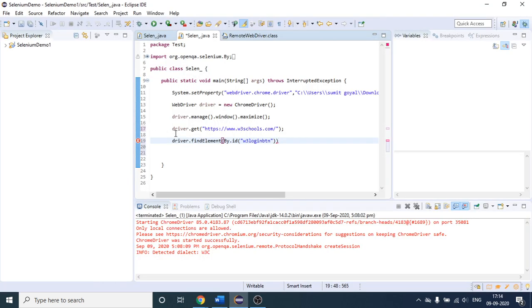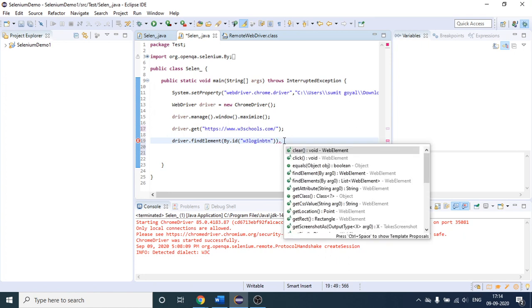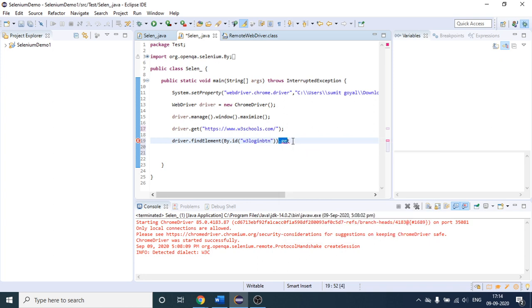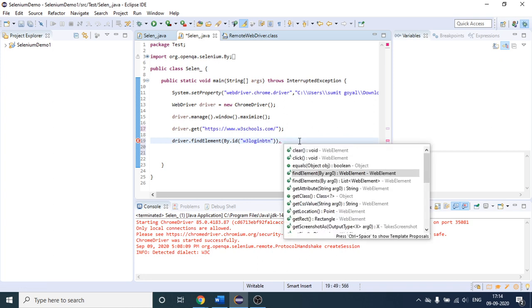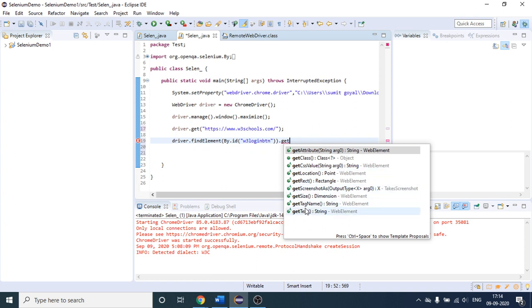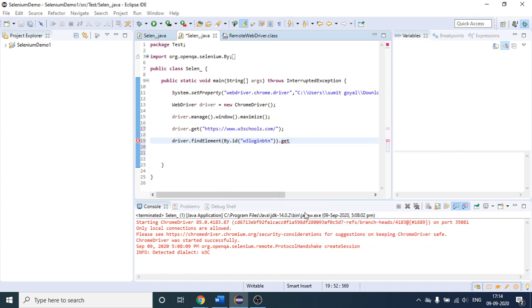So this is the value of the ID, and what I have to do this time is get the text. So I will simply write getText. As soon as you put a dot, you will see this get method. You can see this is the method I was talking about. If you click this,